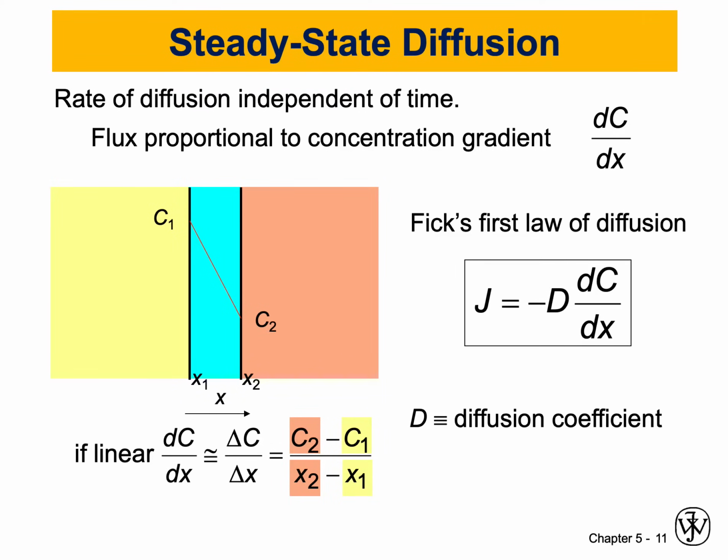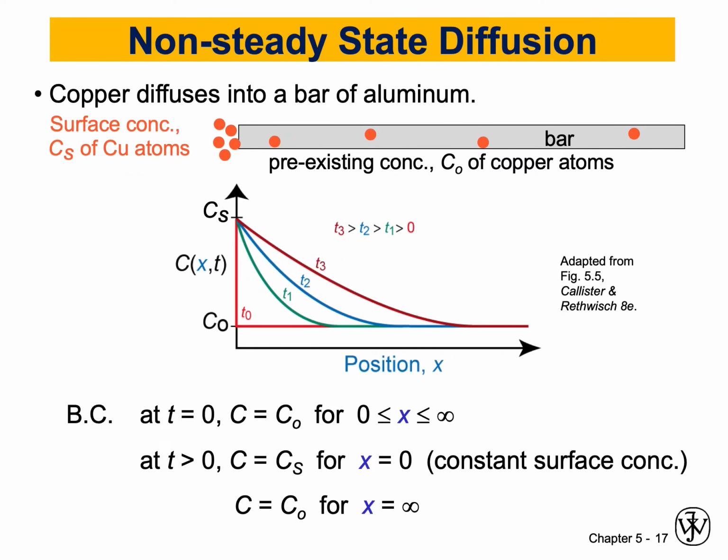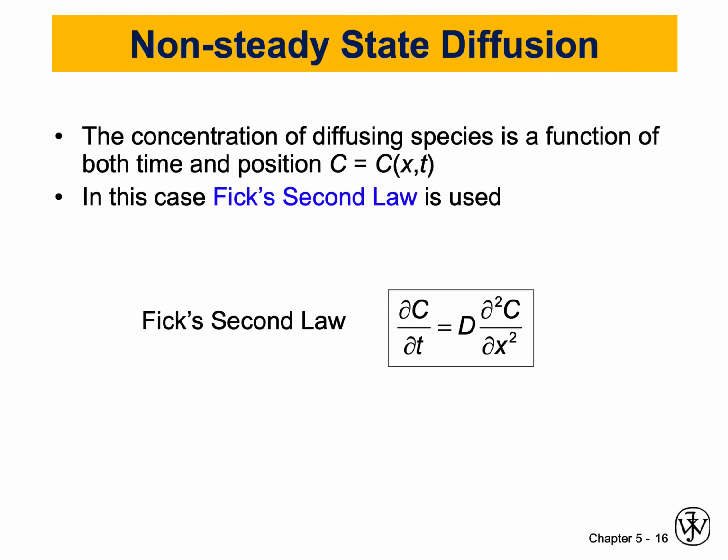In the non-steady state diffusion, we are going to get a little bit more detailed using a much more complex formula. We need to describe what that means. In the non-steady state diffusion, the concentration of the species is a function of both position and time. In Fick's first law, we have eliminated time and we said that diffusion is dependent on position. Now we need to put time into perspective as well. If we do this, we are going to introduce something called Fick's second law, and this is how it